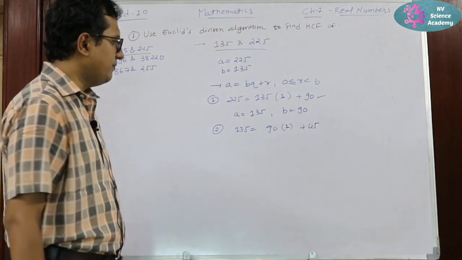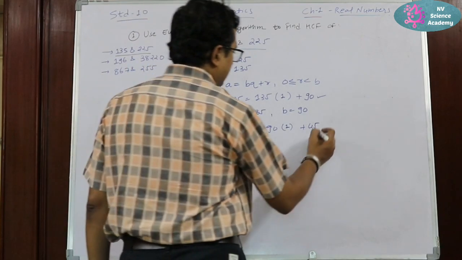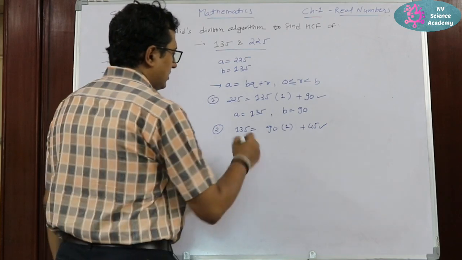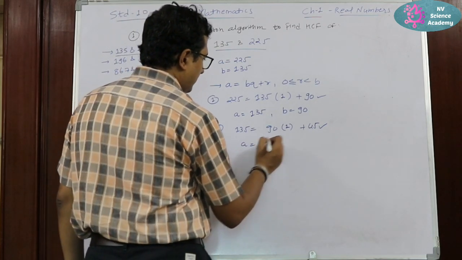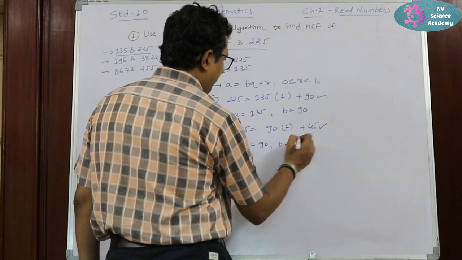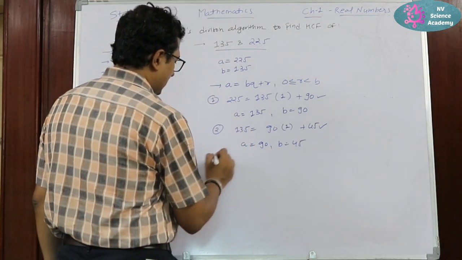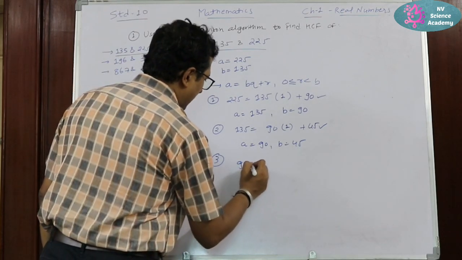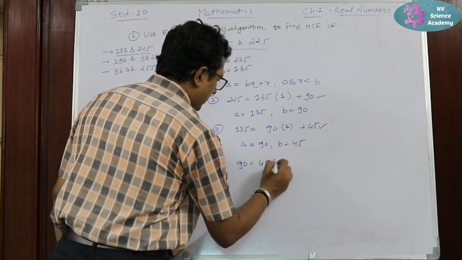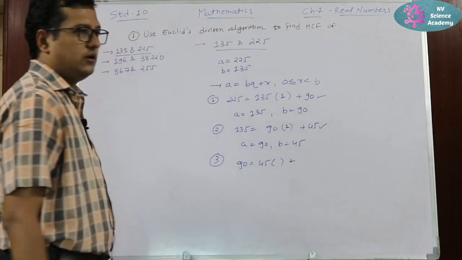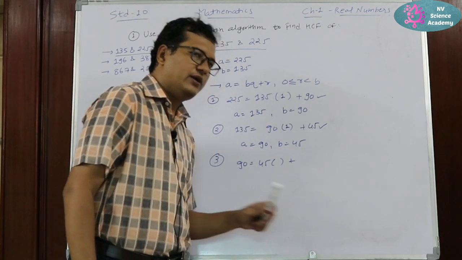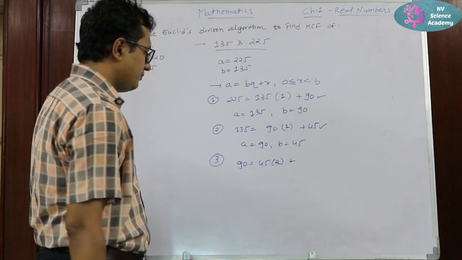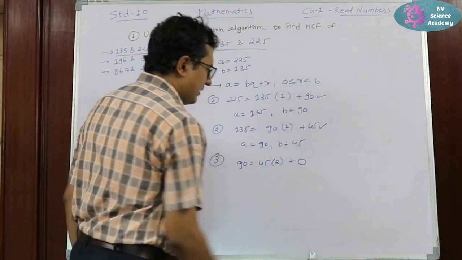You can practice this sum. Now again you can see the remainder is still not 0. So we have to again repeat the same process. So we will find out the new value of A and B. So A will be 90 and B will be 45. For the third time, I will put the value in the equation. So 90 is equal to 45 into the bracket plus a remainder. Now if you multiply 45 by 2, you will get 90. So this is the simple equation: 45 multiplied by 2. So the remainder will be nothing but 0.